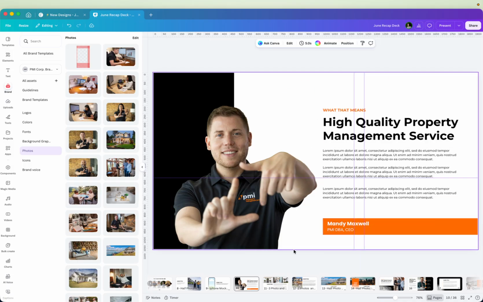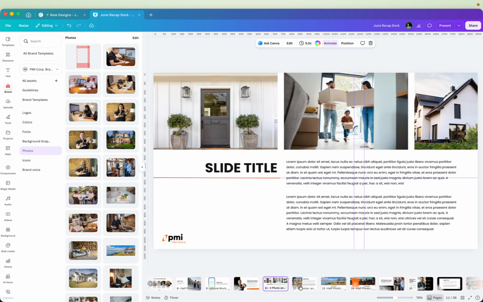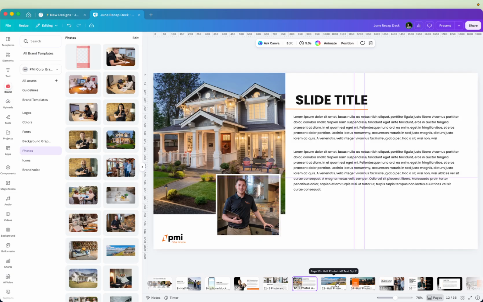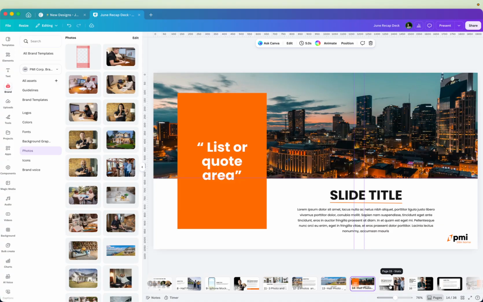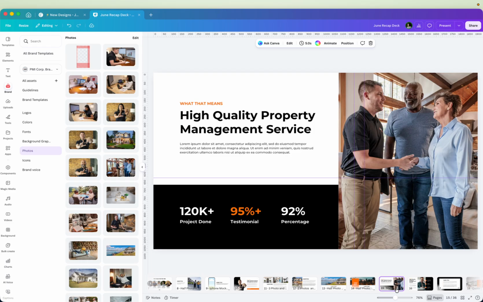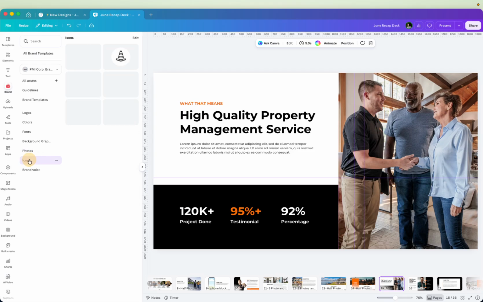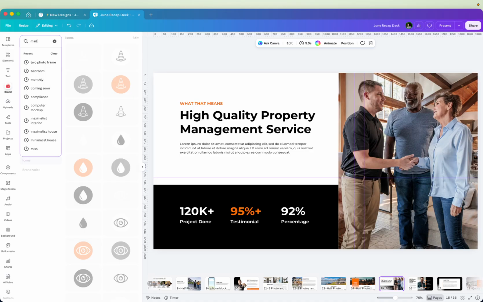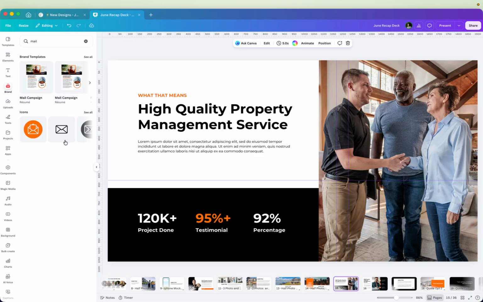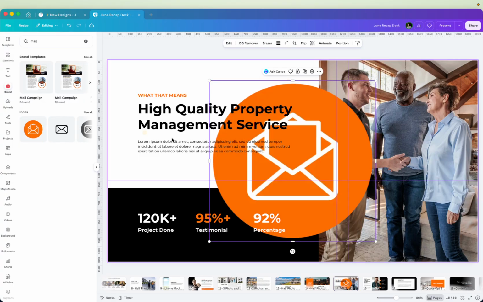Perfect. Okay, sweet. We have more options, so many options. Your slides will look so beautiful. If you want to put in a quote, we have options for that, some cool stats. And if you want to do icons with your stats, the icons in the corporate brand, that's where you'd go and find them here. And if you want to search for a specific one, because there are hundreds of them, then you can search. So if I wanted to do email open rates or something, I would pull this